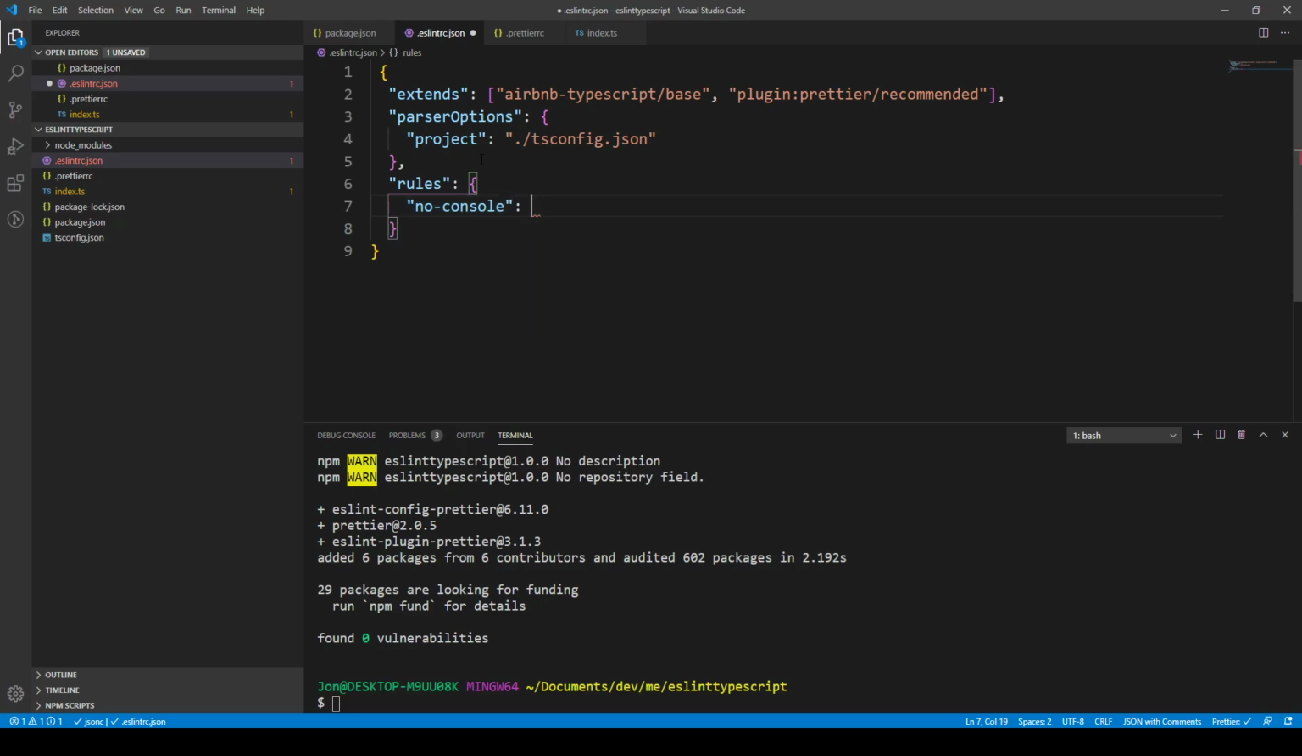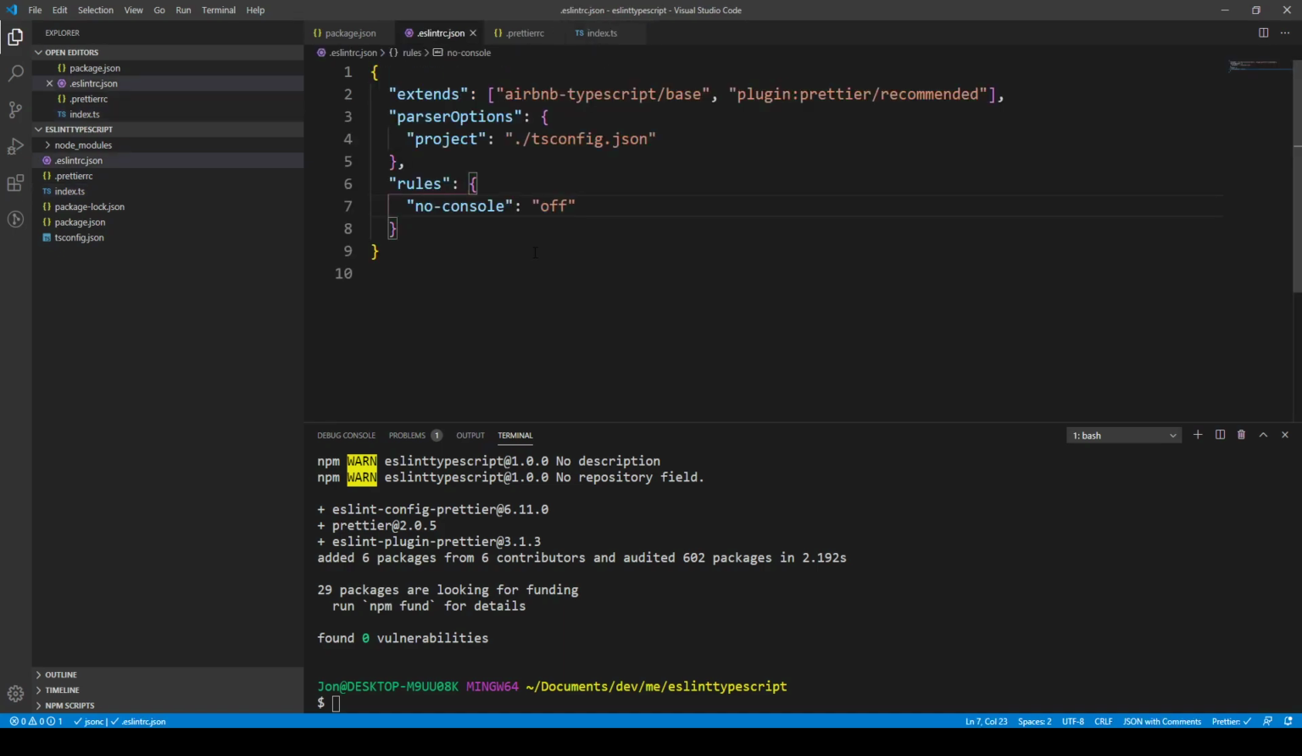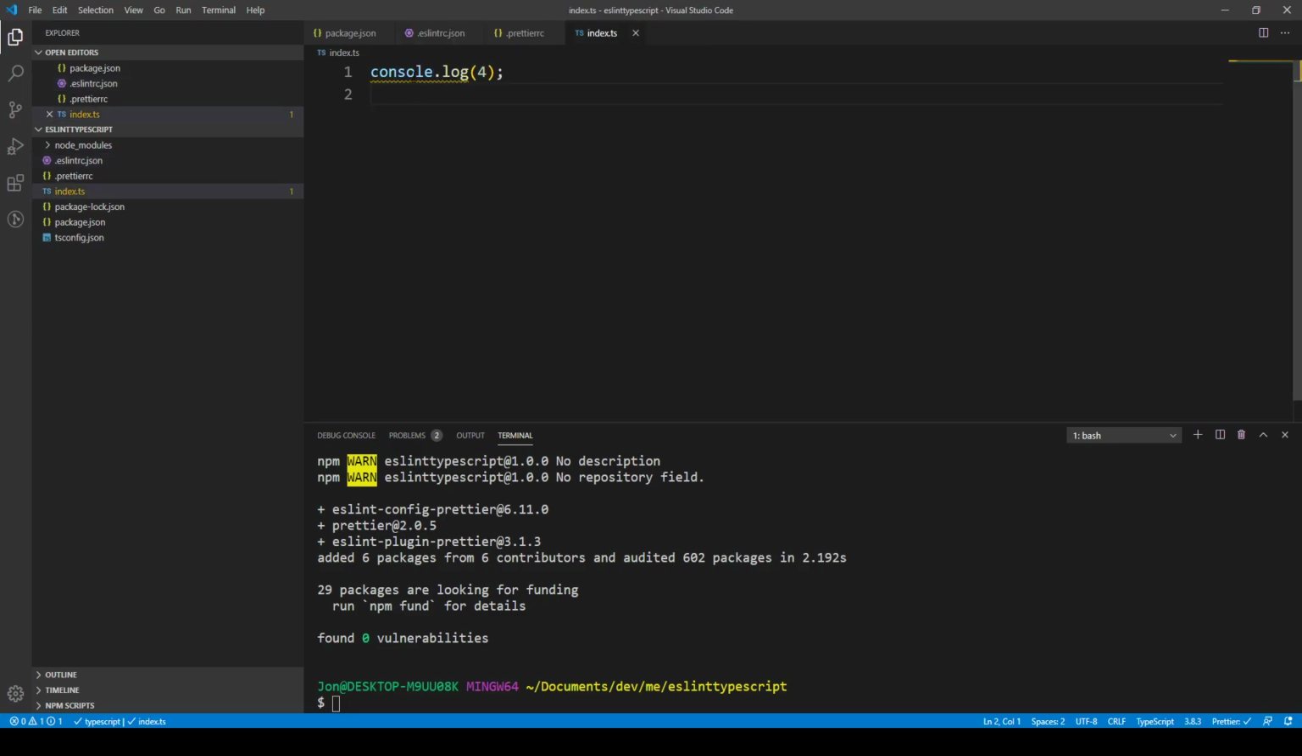But what we can do is turn this no console rule off if we wish. So what will that do? That will just make it so there's no errors in our code. But I'm going to turn that off here because I just want to demonstrate how to turn certain rules off myself. So I'll go ahead and save that, and we get this squiggly line here again. So okay,